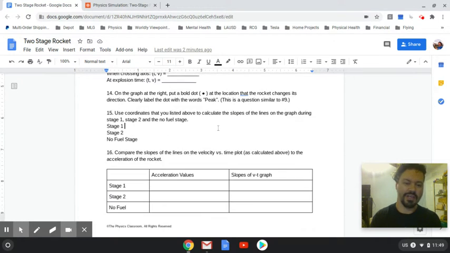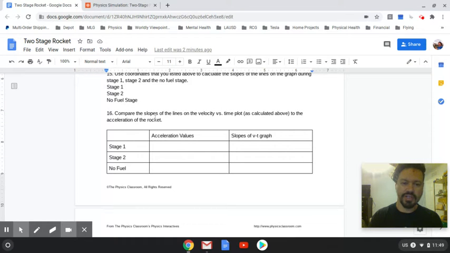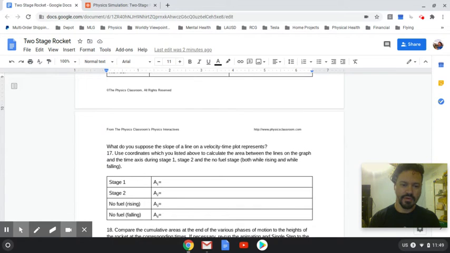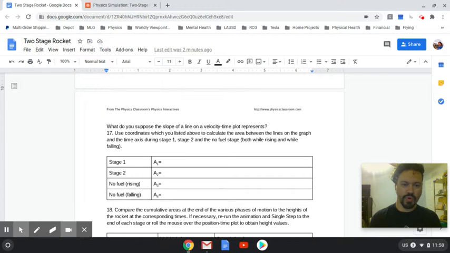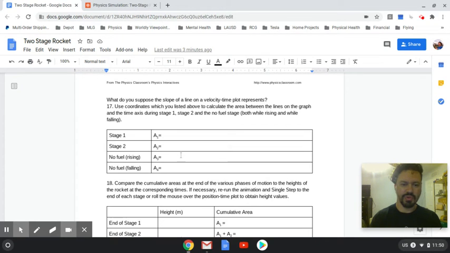It's not that hard. So you've got to compare the slopes of velocity versus time to the acceleration. The idea here is that you calculated the slopes, and then you look at them and go, oh my God, they're the same. This is that time when you're supposed to make that realization that they are the same. What do you suppose the slope of a line on a velocity time plot represents? This is where we make the connection. You're supposed to write down,